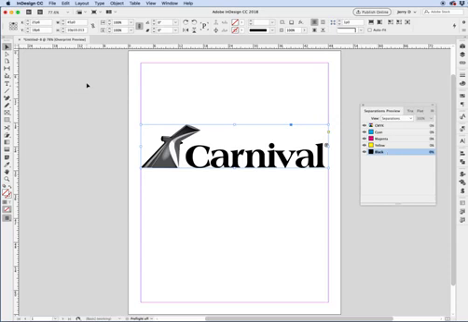So that's how you can take a full color Illustrator file and convert it to grayscale in Illustrator, and then bring it into InDesign and not have to compose it in Photoshop. You can just keep it in Illustrator and then build that grayscale item in your layout if you're doing a black and white